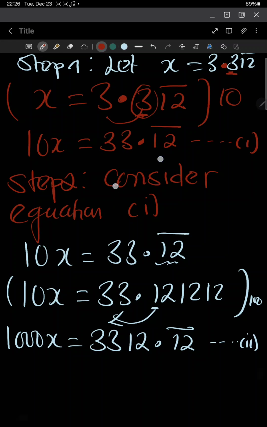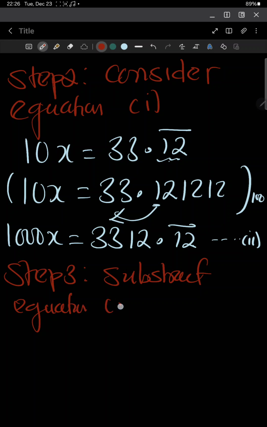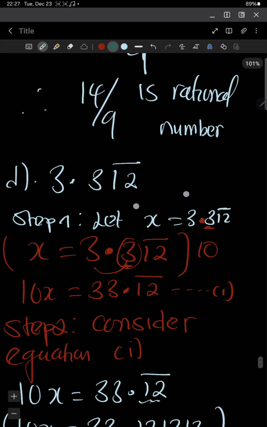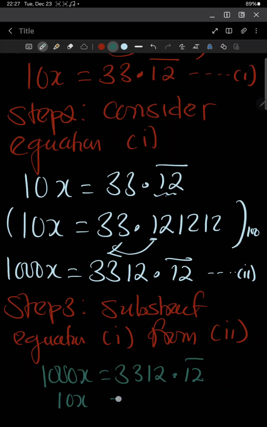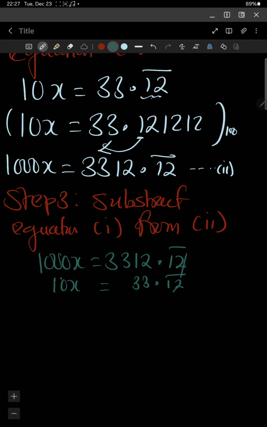After doing that, step 3, the last step, you say subtract equation 1 from equation 2. What is our equation 1? Means that you need to start with equation 2. You write it in full. What is our equation 2? It is 1000x is equal to 3312.12 bar. What is our equation 1? You go back. Our equation 1 is 10x. So you write 10x equal to 33.12 bar. So if you observe, this is 0, we subtract, there will remain 990x is equal to,